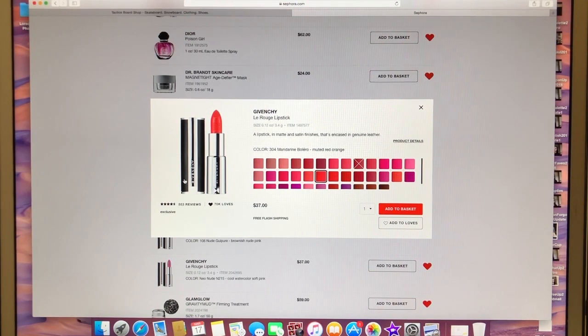Two shades that I had on my wish list here were number 106, Nude Ghia. How do you pronounce that? This one right here, this is a brownish nude pink. The color swatches on here really don't do it justice. They look incredibly different in swatches online. This one is a very pretty nude, but I think it might be just a tiny bit too deep for me. And then the other one was Neo Nude